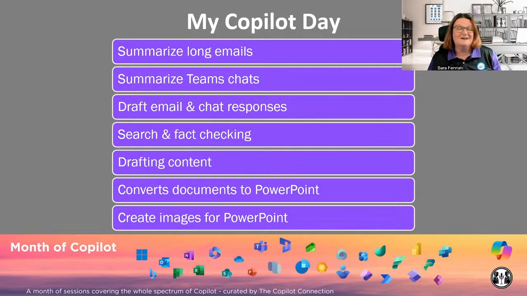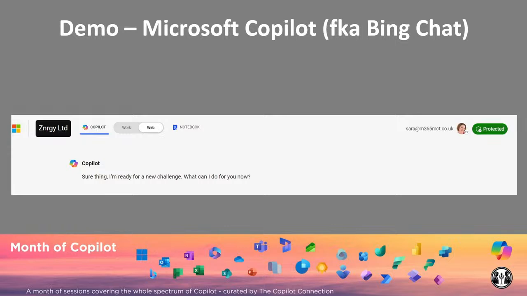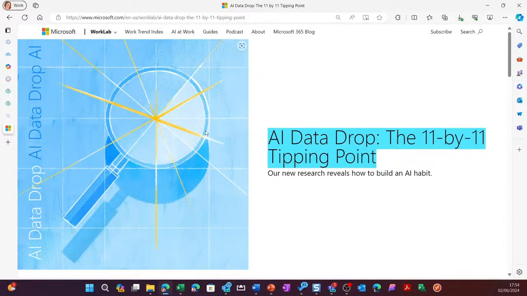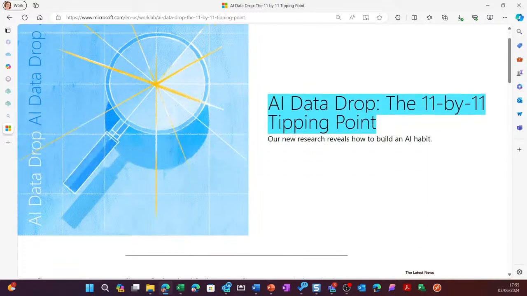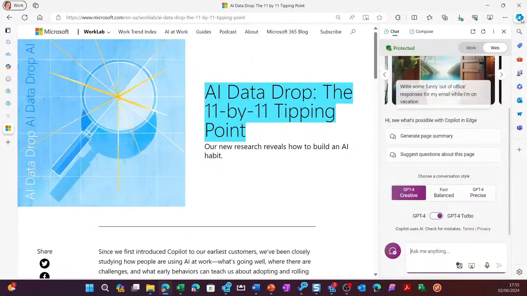So that should give you an idea of my day with Copilot. And I'm going to just jump into a demo to show you some of these techniques that I am using. So I'm going to first of all jump over to this web page. And I like the Work Trend Index site. There's a lot of really useful nuggets in them, but they're not the shortest reads. So I am going to open Copilot in my sidebar, and I'm going to ask it to summarize